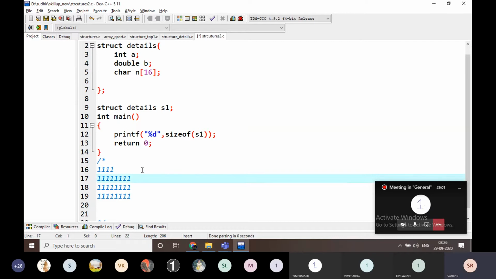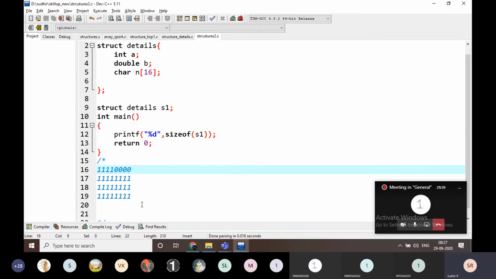But here the double is there. If it is a double, what is the size of the double? The size of the double is going to be 8 bytes. It cannot be represented in 4 and 4 bytes. It is a single value, and we can represent it in a continuous manner only. We cannot divide a double or integer or floating value. That's why we have to pad this one also like this.